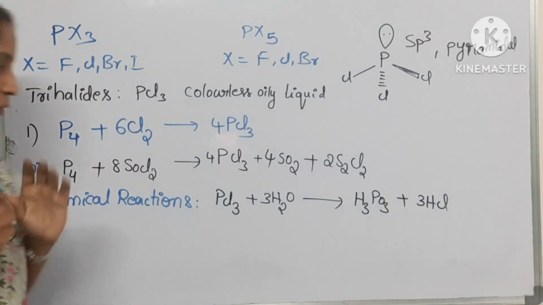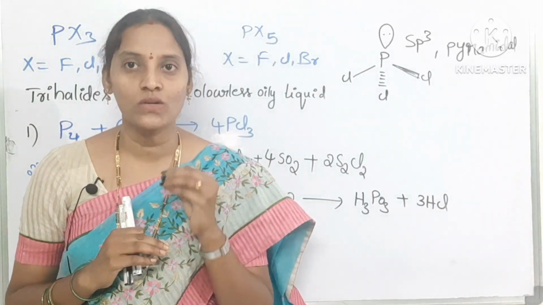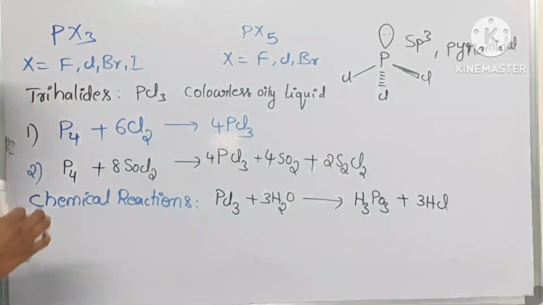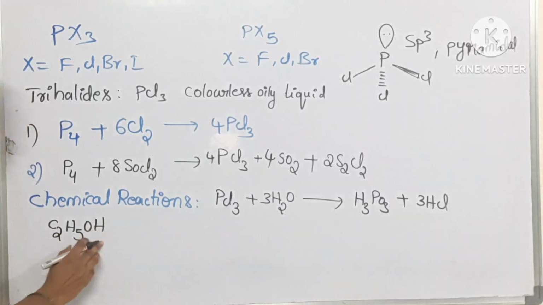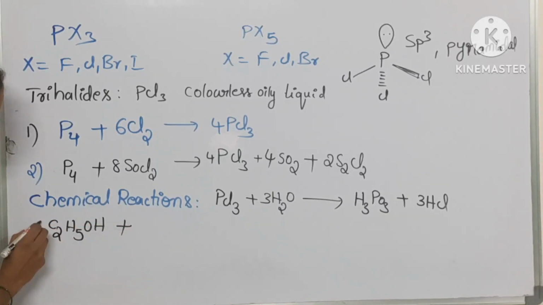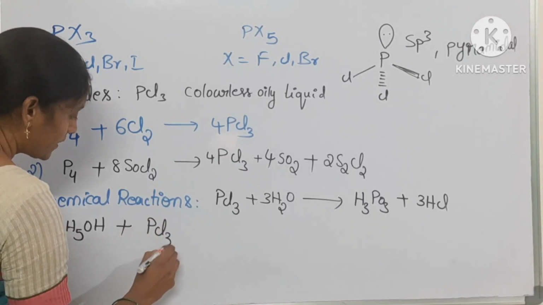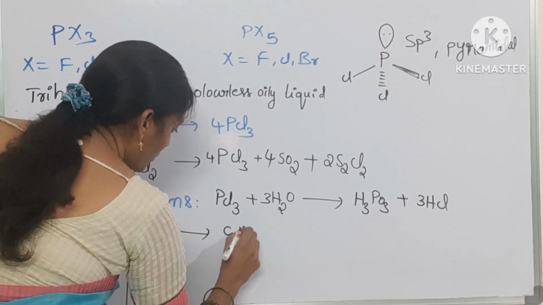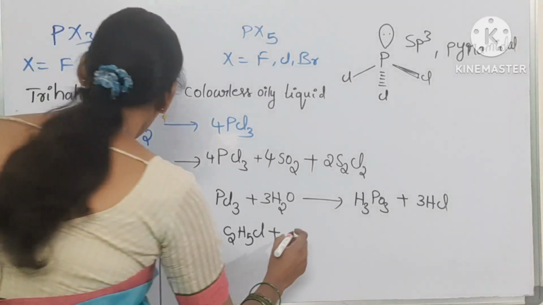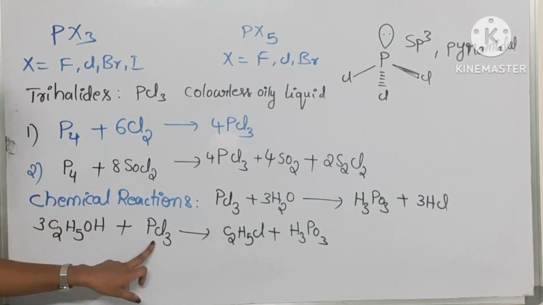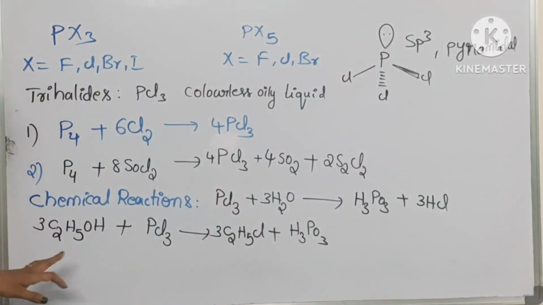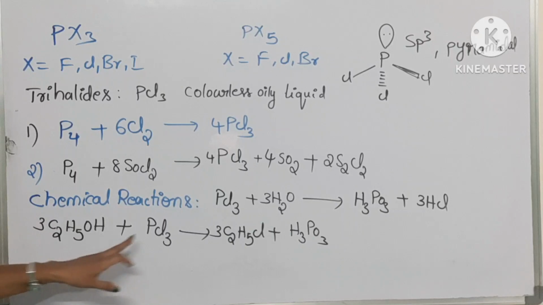And the next reaction is phosphorus trichloride also reacts with organic molecules containing OH group. See those reactions also. If you take ethyl alcohol C2H5OH, ethyl alcohol having OH group here, see. So this ethyl alcohol reacts with phosphorus trichloride, then it will form ethyl chloride C2H5Cl plus H3PO3. See, listen. 3 C2H5 and 3 chlorine atoms. So you can write 3 here, and then the remaining will be balanced. See, 1 phosphorus and 3 oxygen atoms. Hydrogen atoms, 3 hydrogen atoms removed from here, 3 oxygen atoms and 3 hydrogen atoms removed, so that H3PO3